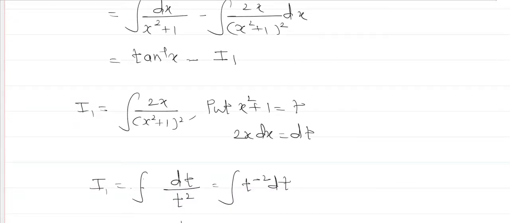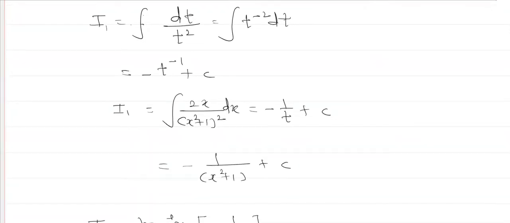Integral 2x upon (x square plus 1) bracket square, x square plus 1 ला आपण t मानला, त्याचा डेरिव्हेटिव्ह किती आला, 2x into dx is equal to dt. म्हणजेच का I1 is equal to integral dt upon t square. हा t raised to 2 वर गेला, तो मायनस झाला. What is integral t raised to minus 2, त्याच्यात प्लस 1 करणार, म्हणजेच काय मिळणार आपल्याला t raised to minus 1 upon minus 1, that is minus t raised to minus 1 plus c1. That is we treat it as c1. Therefore I1 is equal to, हा आपल्या I1 मिळाला, that is I1 is equal to minus 1 upon t plus c. Now what is the t? That is we have substituted the value of the t is x square plus 1. Therefore minus 1 upon x square plus 1.